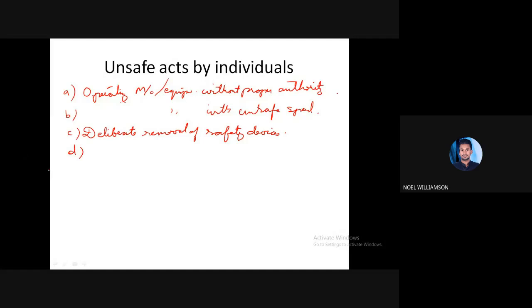And next one, the deliberate unsafe position or posture taken by the person during work. For example, in our production lab itself, our instructor will give the instruction not to stand like this, or not to keep the chuck key over the chuck. Like that, there will be certain instructions, or he may say, don't lean on the wall like this, or stand closer to this particular machine. But deliberately, you do the same.